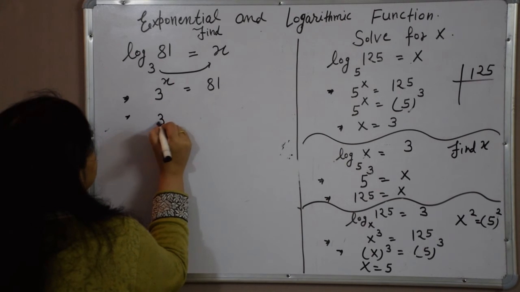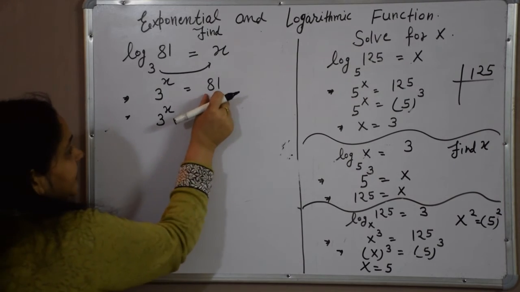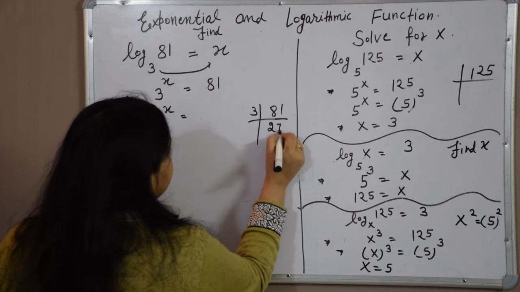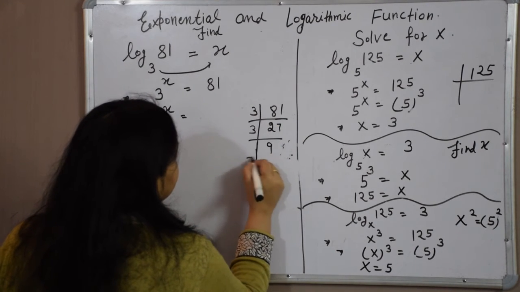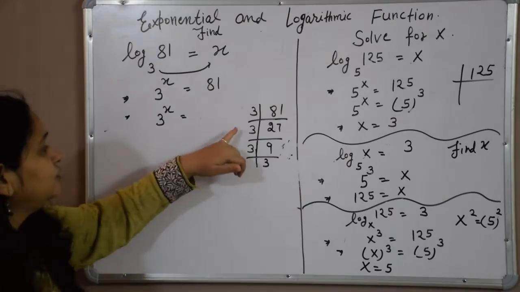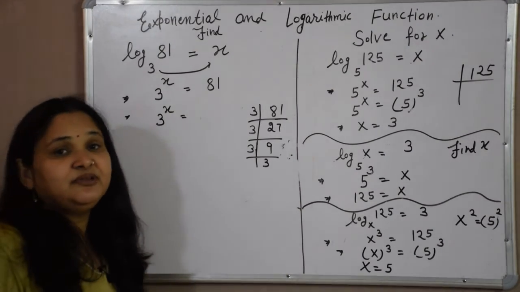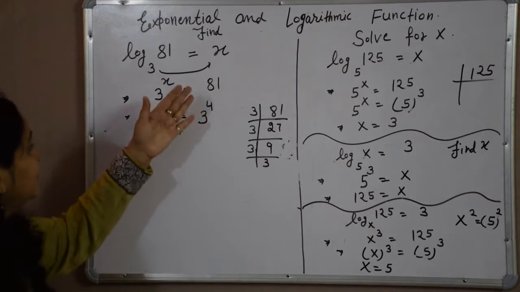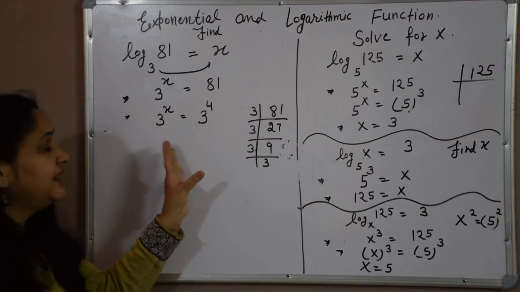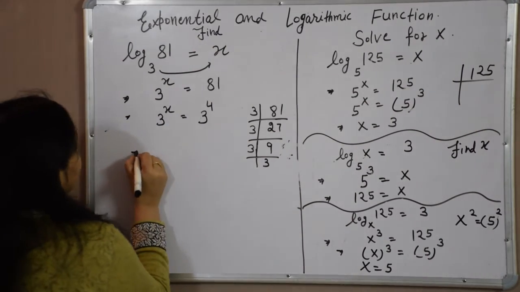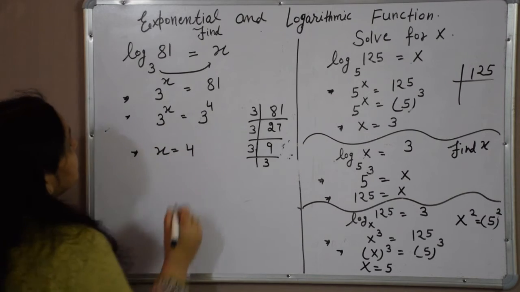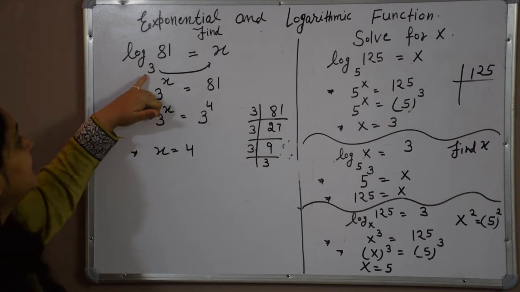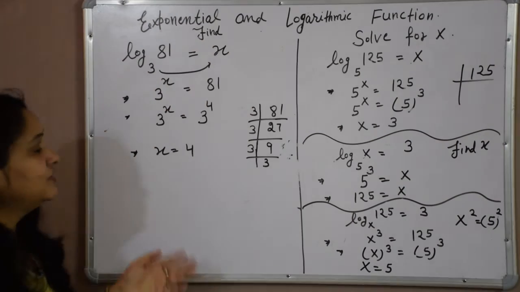So now 3 raised to power x, because base is 3 here, we have to convert this 81 in the factorization in the form of 3, and we can see that we are getting 3 into 3 into 3 into 3, that is 3 is multiplied with itself 4 times, and so we can write it in the exponential form like 3 raised to power 4. Both bases are the same, 3 and 3, and they are equal, therefore their powers are also the same. x is equal to 4. So 3 raised to power 4 is equal to 81. We found that power of 3 which makes it 81, and that was 4.